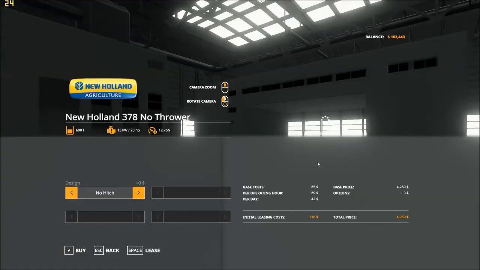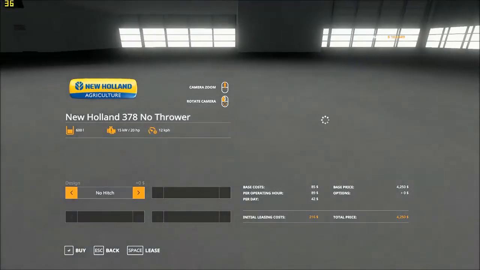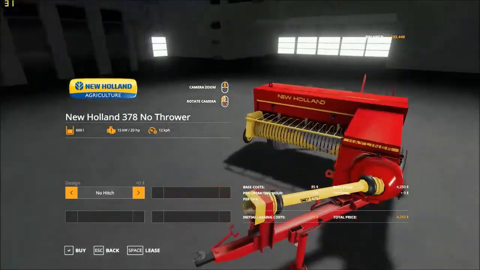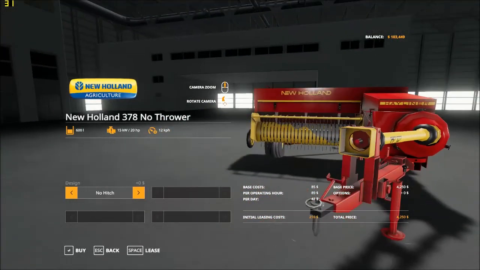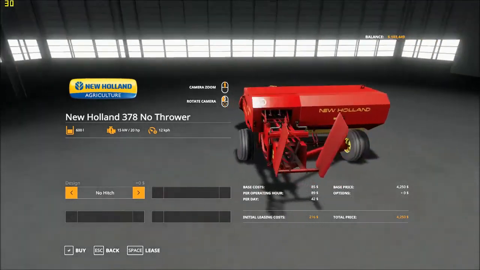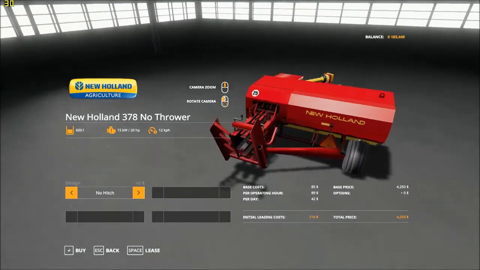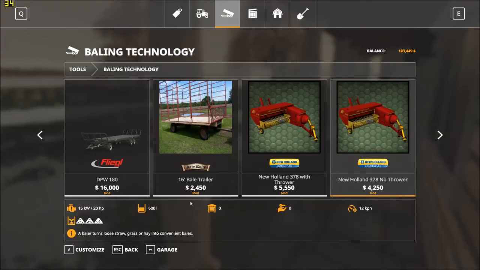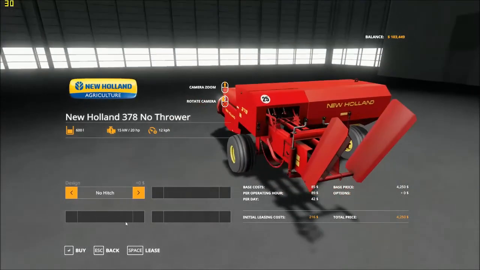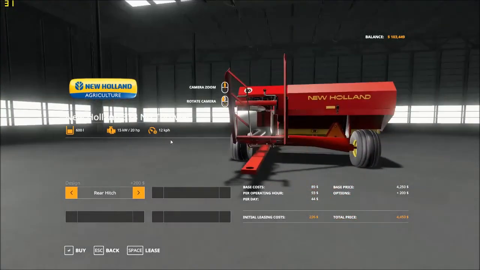So this first Baler that we got here is a New Holland 378 square Baler, which has a few flaws with it. I will discuss the flaws when we use them, because I can't really discuss them there. However, the reason that I got the Baler pack rather than using the Baler that came with this trailer is because these two are customizable. This one is customizable in a few different ways, in which case it has a hitch, and that's pretty much